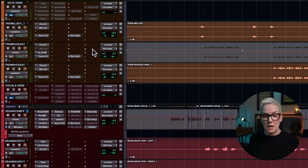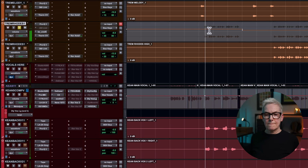I'll use modulation often on keyboards. In this particular track, I don't think I did. I just stuck with some saturation. If we listen to the Rhodes,